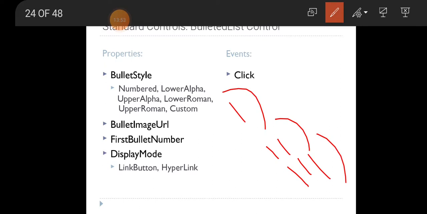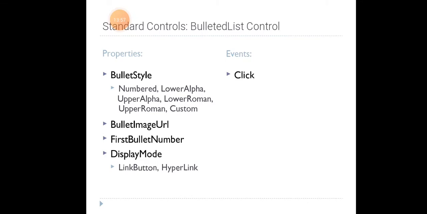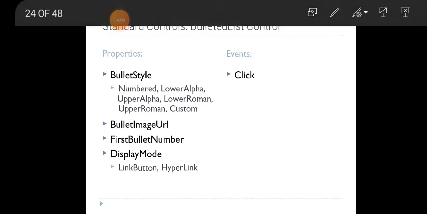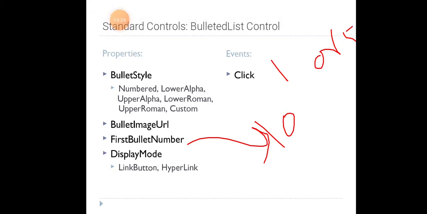Next, custom means we can create it on our own. Next, bullet image URL, first bullet number. First bullet number means the bulleting starts from either 1 or from 5 or 10. That is the first bullet number. Next, the display mode: it may be displayed either as link button or hyperlink. The default event is click.